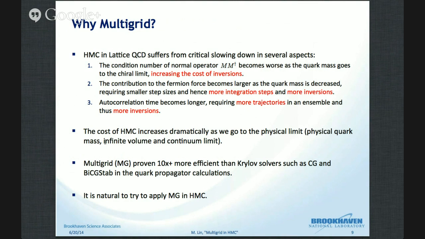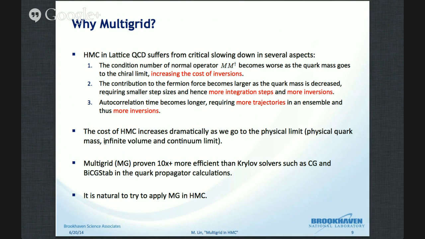But we also want to go to the continuum limit, so you need finer lattice spacings, which means more lattice sites if you want to keep the volume fixed. And if you want to do finite volume effect studies, you need to generate a lot of different lattice volumes. So if we can speed up the HMC algorithm, we can really benefit a lot when we try to go